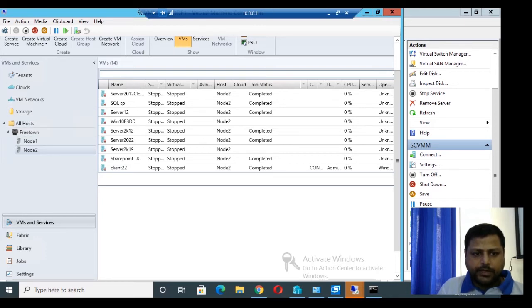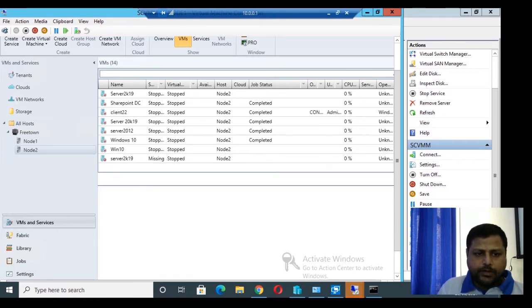So we can connect to these systems. If I want to access from here, we can start the systems from here, and we can connect also, and we will be able to access the system. So now we will go to migrate the system first. Okay, we'll migrate the system. Before that, let me show you we can access the system from the cloud. So we will connect this system in the cloud.